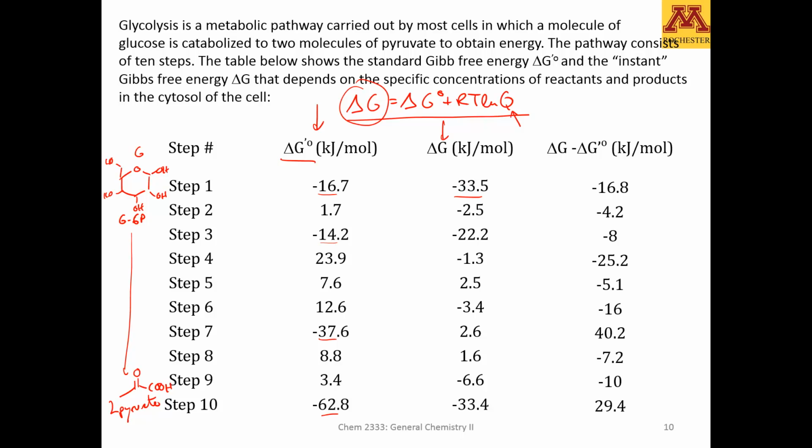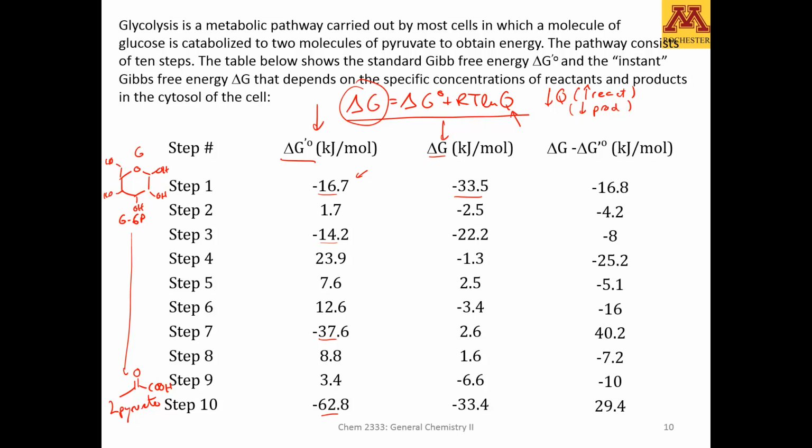So if you see in this column the instant Gibbs free energy, this one is more negative. How can the cell make this first reaction that was already negative, make it more negative? Well, if you decrease the value of Q, in other words, if you have a lot of reactants and not a lot of products, that's when you're going to have a small number of Q. If this is very small, the logarithm of something smaller than 1 will be negative,